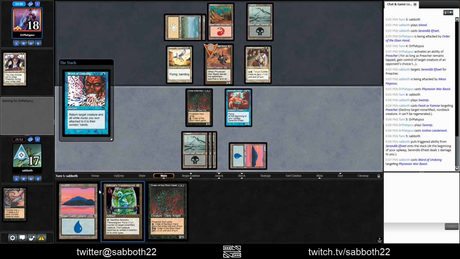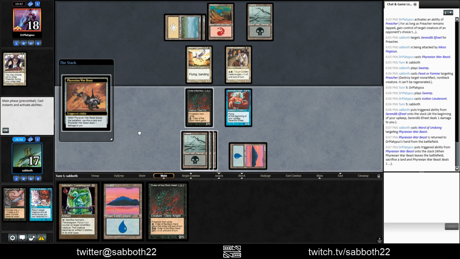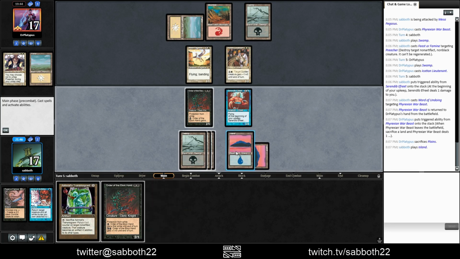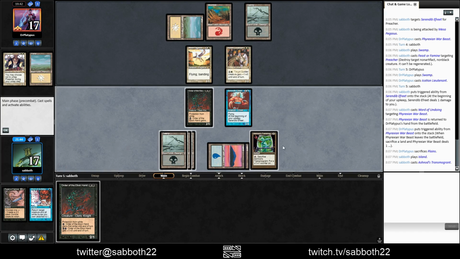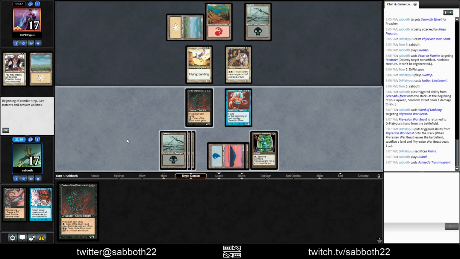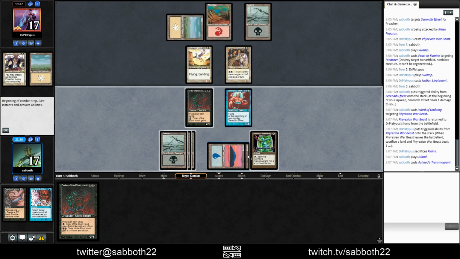So I can attack in with the order. Order! Oh, it left the battlefield, did it? Well, these drawbacks are just ridiculous. Let's play the Transmigrant. And bands are blocked as a group. Can attack as a band, but you can't block as a band, so...